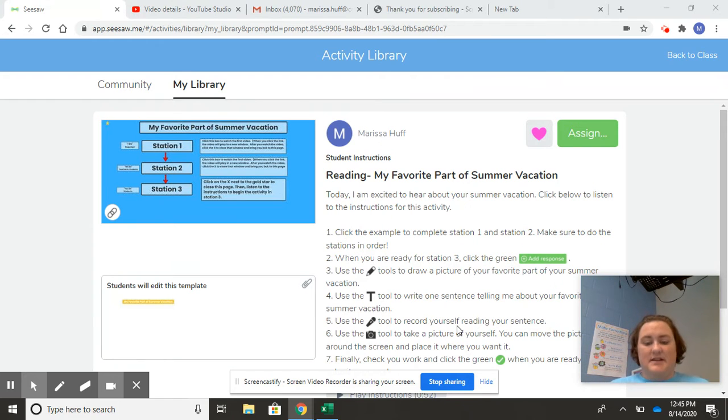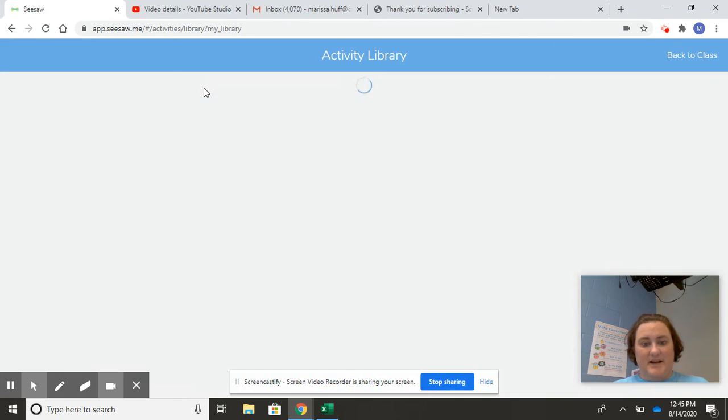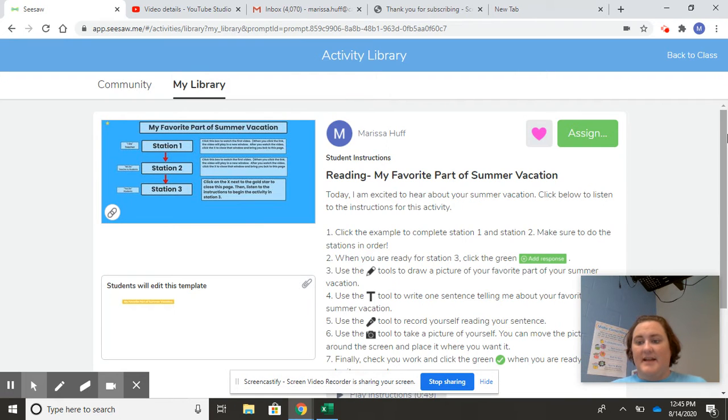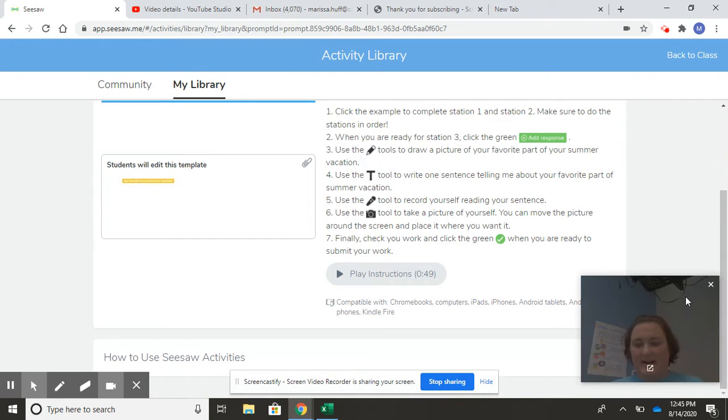So this is my Seesaw assignment. We would create our Seesaw assignments like we did as usual last year. This is my assignment, in my library. If you look at my library, it's got a lot of assignments in there. This is our favorite part of summer activity, so I'm going to click on that and assign it